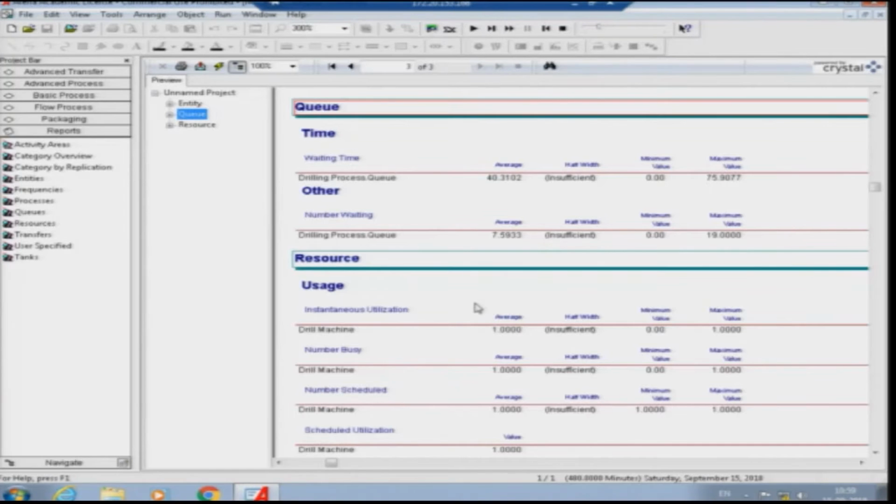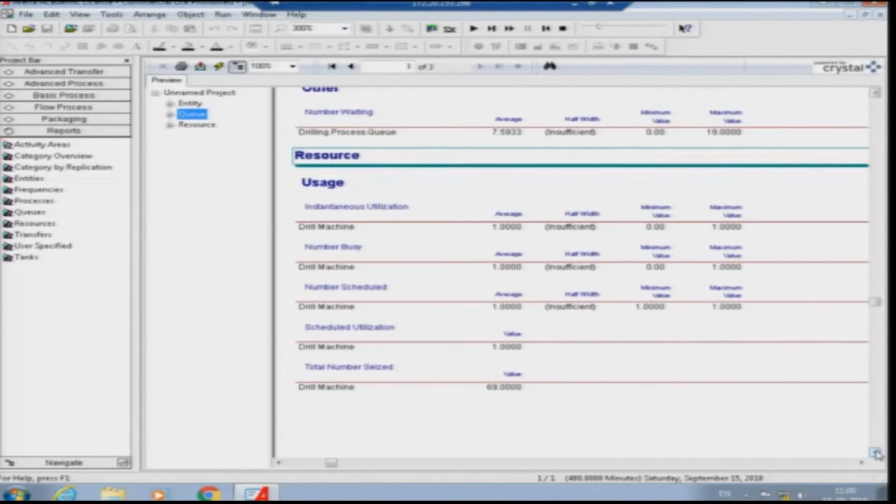Then you talk about the resource utilization. The resource is the drill machine, and the instantaneous utilization says 1. If you scroll down the report, you see the scheduled utilization.